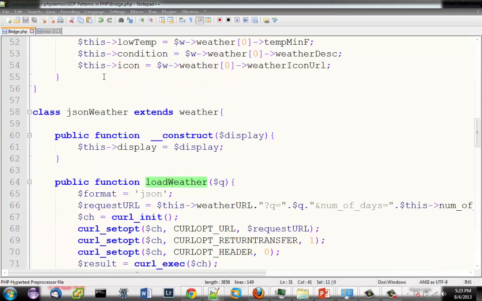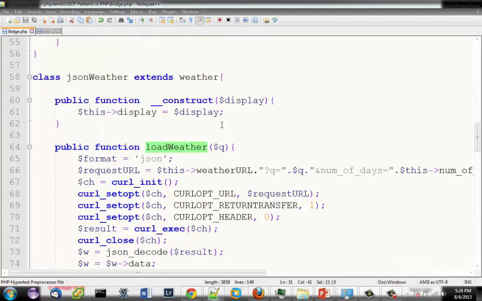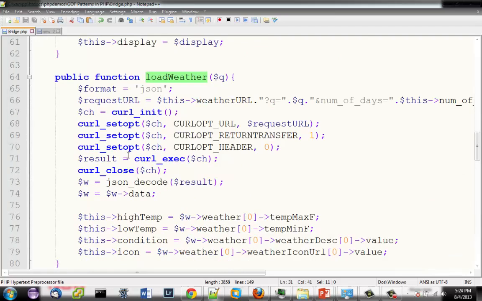Down here in the JSON weather implementation, I'm doing something very similar, except I'm using the JSON format. I'm using curl to get the data, and then I'm using the JSON API available inside of PHP to load those results. And then down here I'm actually loading the data out of the JSON parsing and then into my abstraction, which would be my weather object.